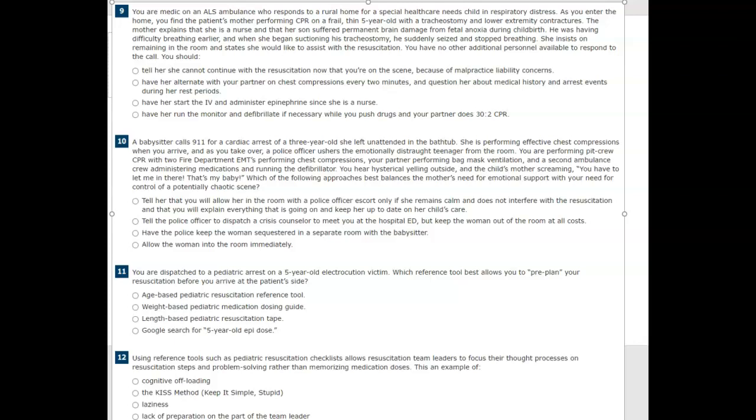Number 12, using reference tools such as pediatric resuscitation checklists allows resuscitation team leaders to focus their thought process on resuscitation steps and problem solving rather than memorizing medication doses. This is an example of